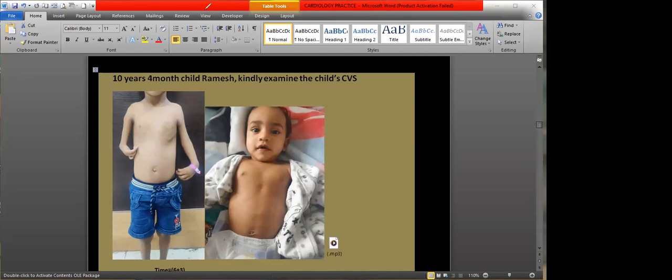Dr. Pranav, can one of the DDs maybe be TAR syndrome also? Yeah, possible, but for TAR syndrome, the cardiac lesion, I am unable to recollect right now. TAR syndrome is one of the DDs, but there will be thrombocytopenia as well as radial bone deformity. If you remember the cardiac lesion, just mention it please. Another DD could be Fanconi's anemia also. They can have ASD with thumb deformities.